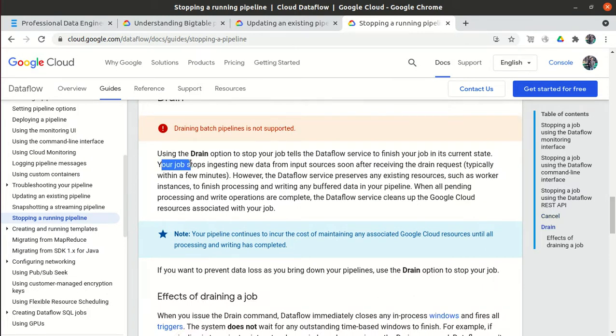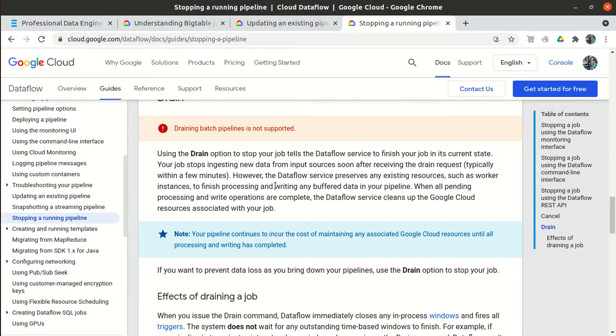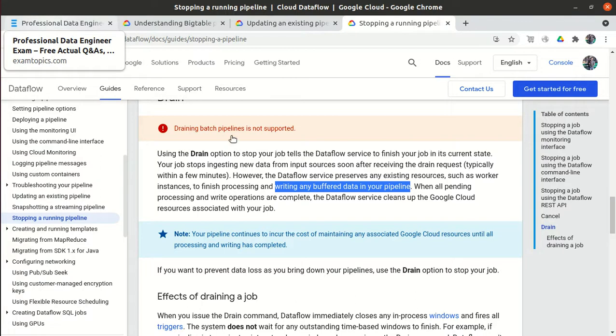Your job will stop ingesting new data, so it will not take any new data, but the drain service preserves any existing source, such as the worker, to finish processing. So whatever data is in the buffer state, it will do some processing. Okay, so the drain option